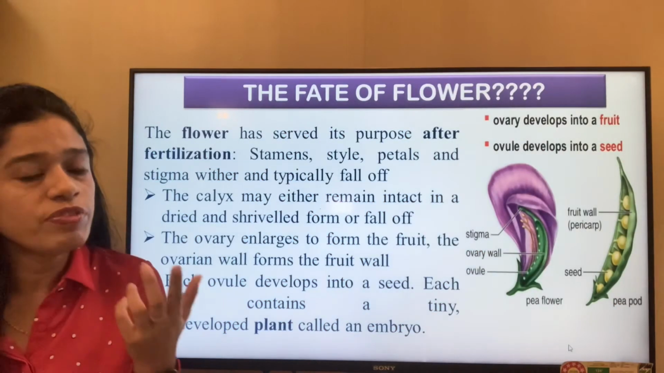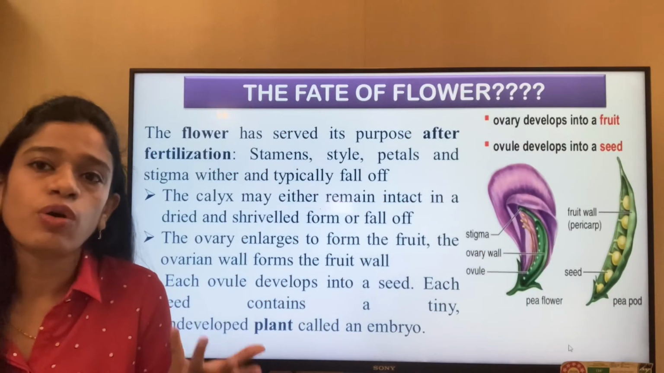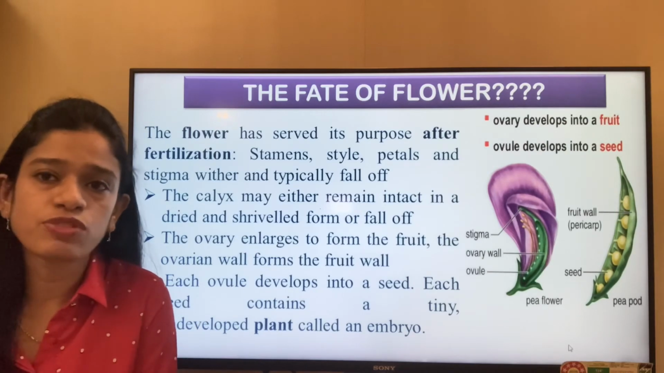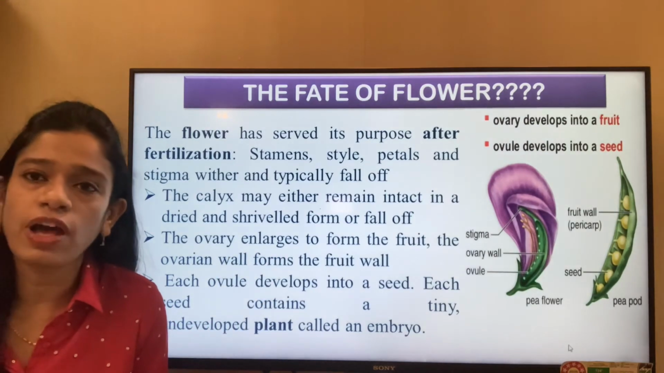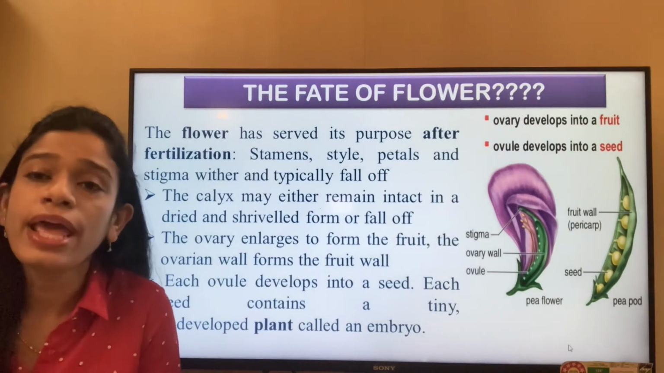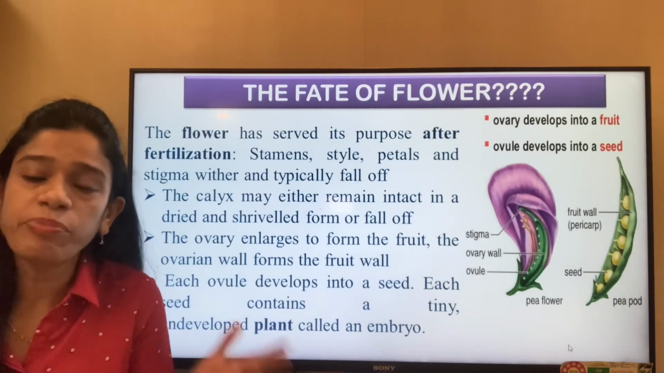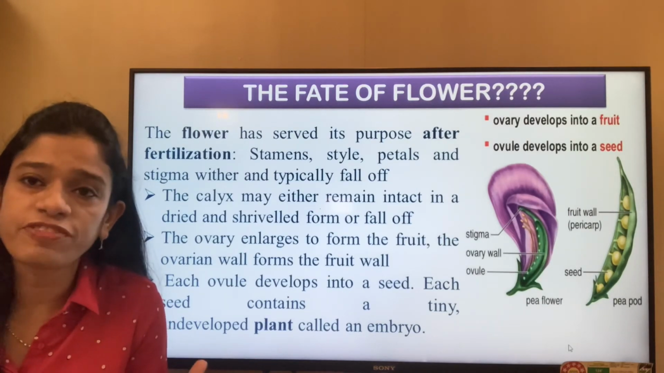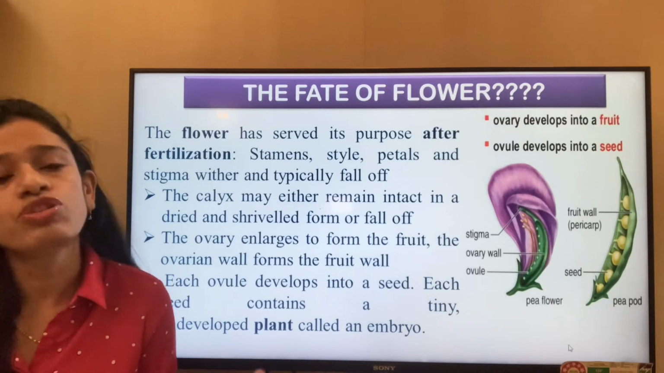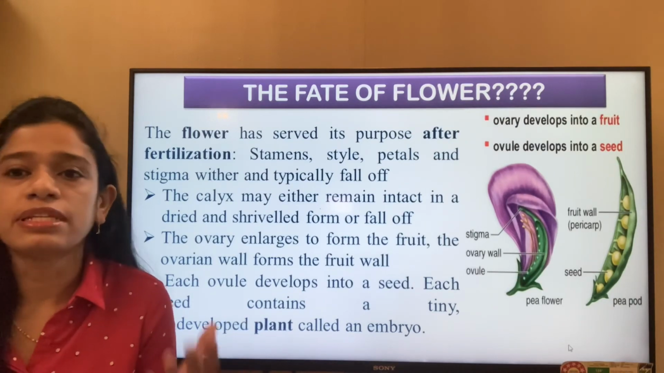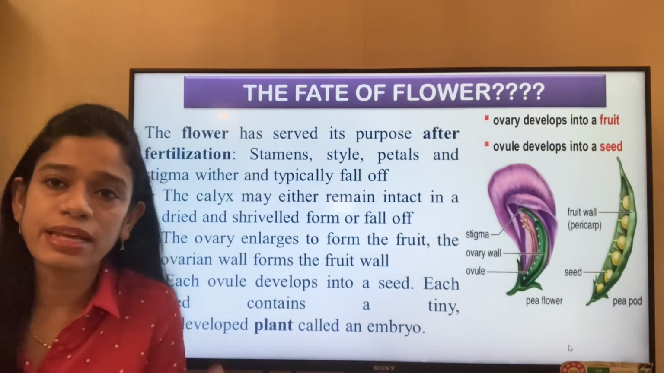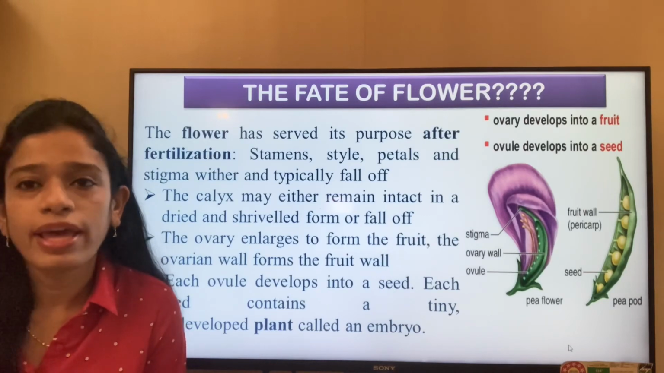Now if we are talking about the ovary and the ovule, everything is formed. Now what is the fate of the flower? What happens to the flower that was there with such vibrant colors, so many different parts of the flowers? Actually, the stamens, the style, the petals, the stigma, they all dry and wither off from